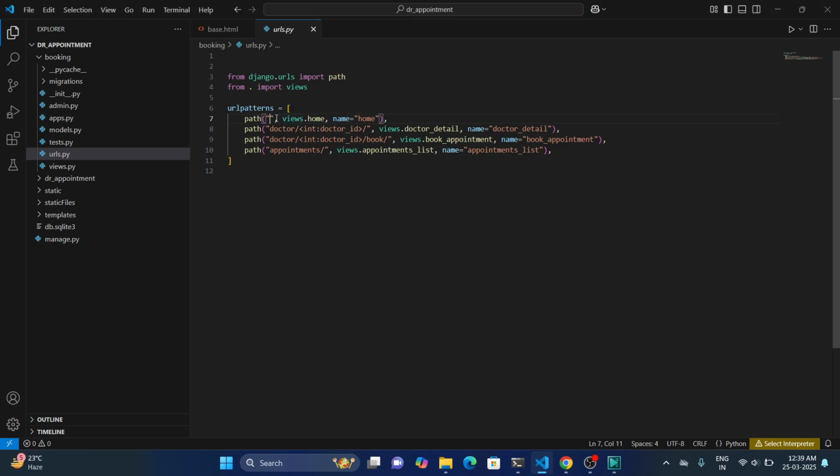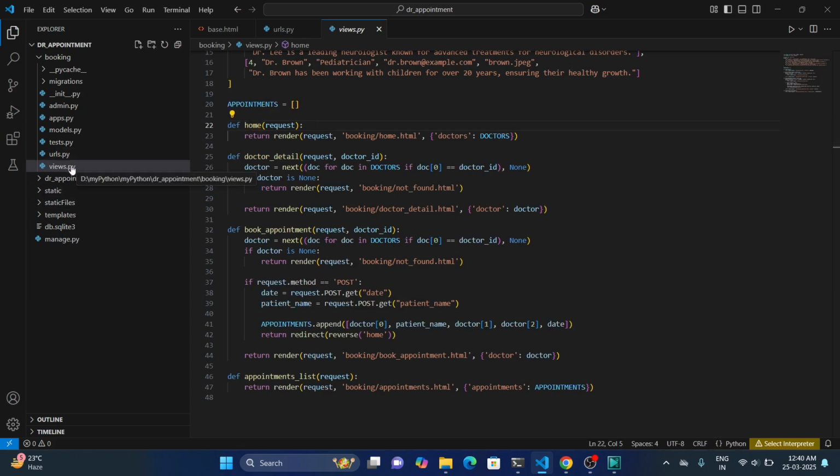For this path, then this following function will be called. So go to views.home, and